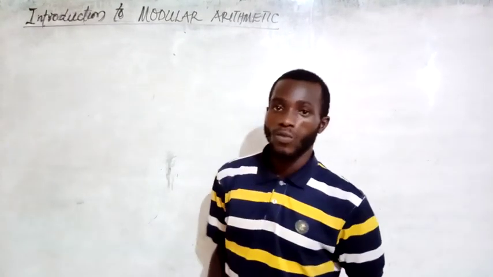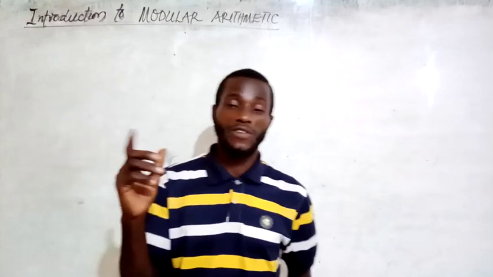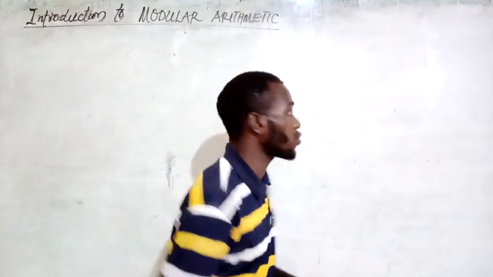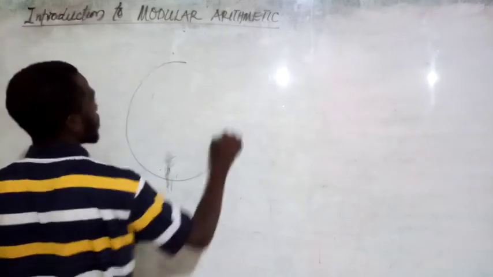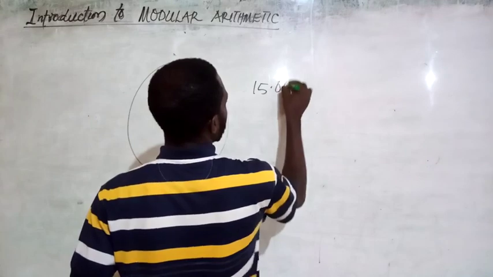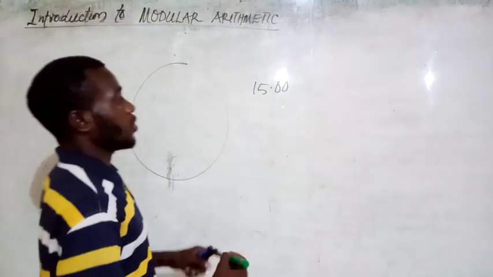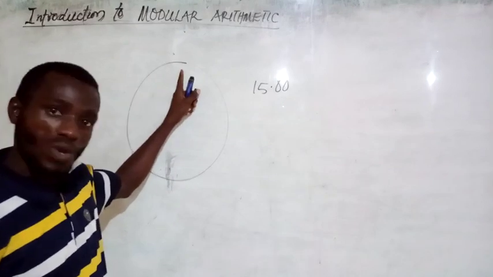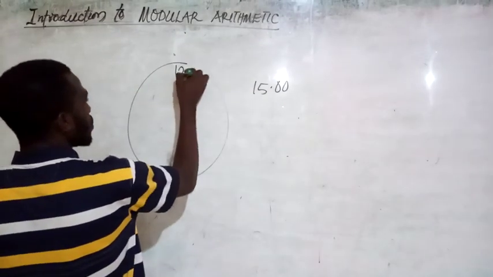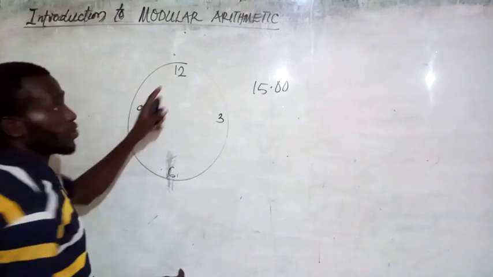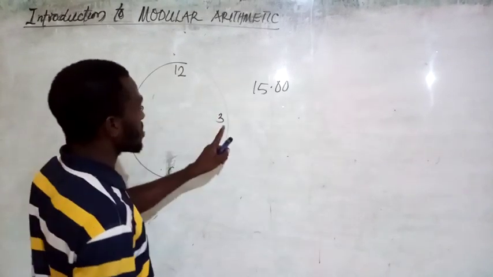All right, we already established the fact that when we get to a particular number in modular arithmetic, we always wrap up our counting. A good example is the wall clock. If I told you that the time was 15 o'clock, on the 24-hour clock, 15 o'clock makes sense, but our wall clock is a 12-hour clock. So what do you do? You already know that